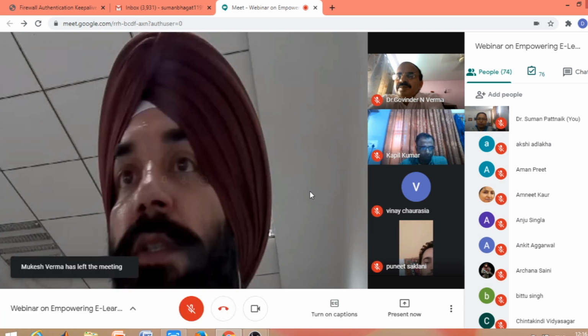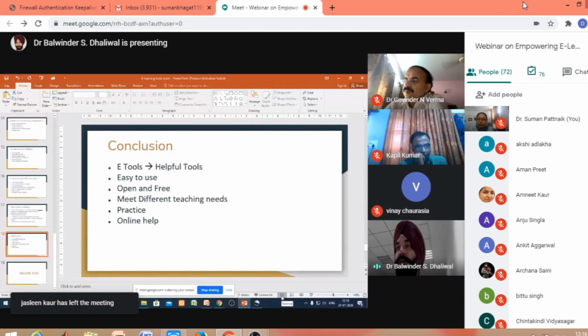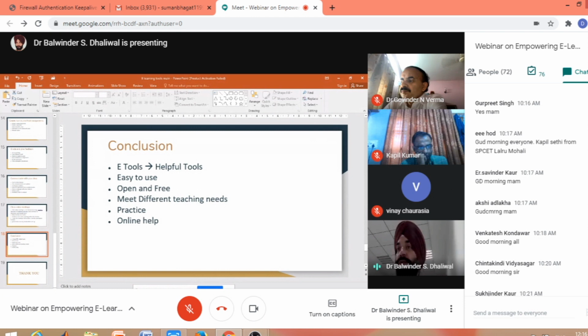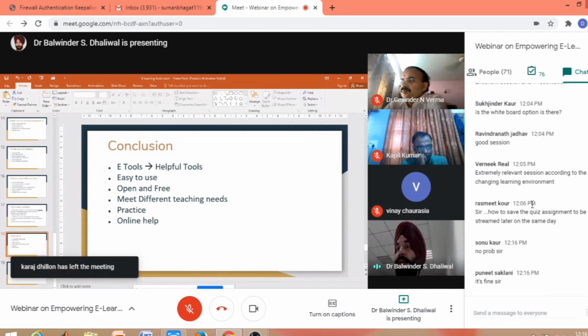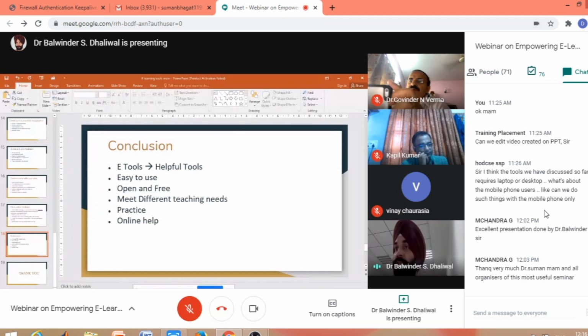So we were at this concluding slide, on what we have discussed, the various tools. We can club those tools under the name helpful tools, because these are very helpful for teachers for communicating with the class and for generating our lectures. These are easy to use, open and free tools. We need not spend anything in using them. These tools can be selected depending upon our teaching needs. We have discussed only two or three tools depending upon the application. If we have different teaching needs, we can select an appropriate free tool. But only with practice of these tools will we be more comfortable using them.